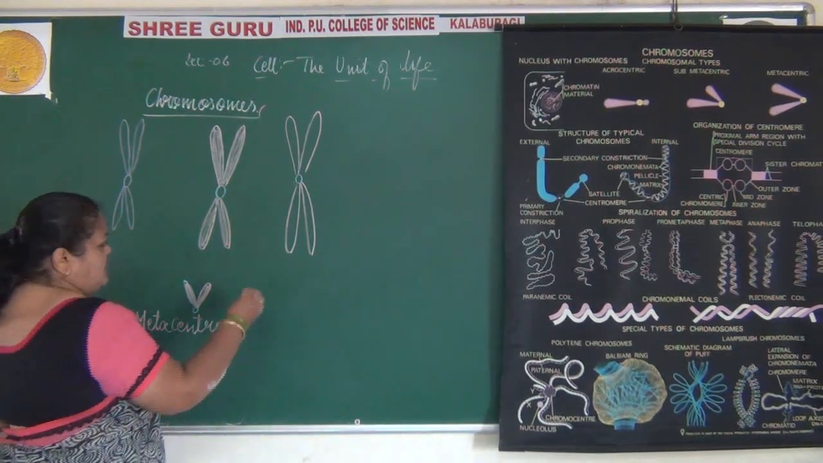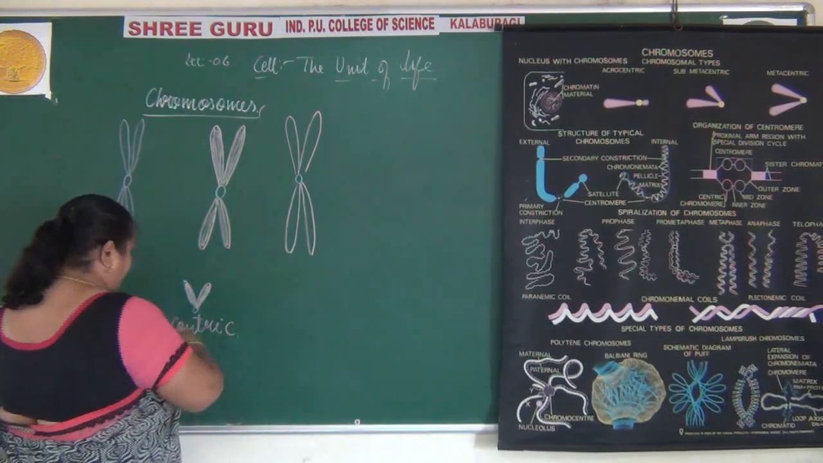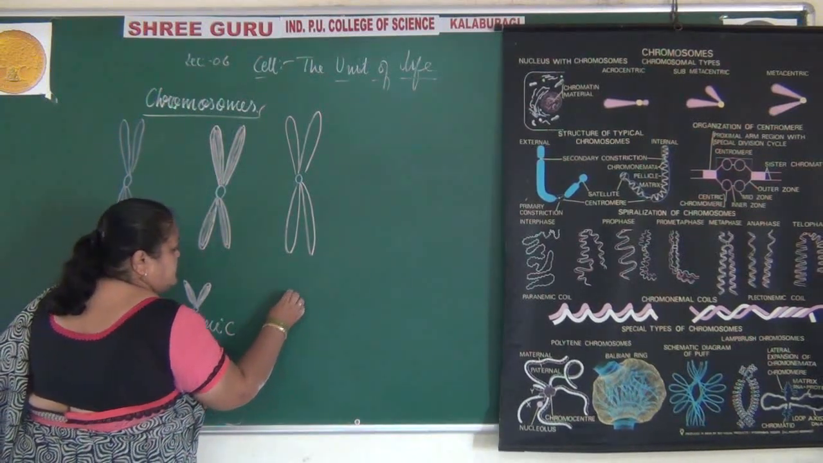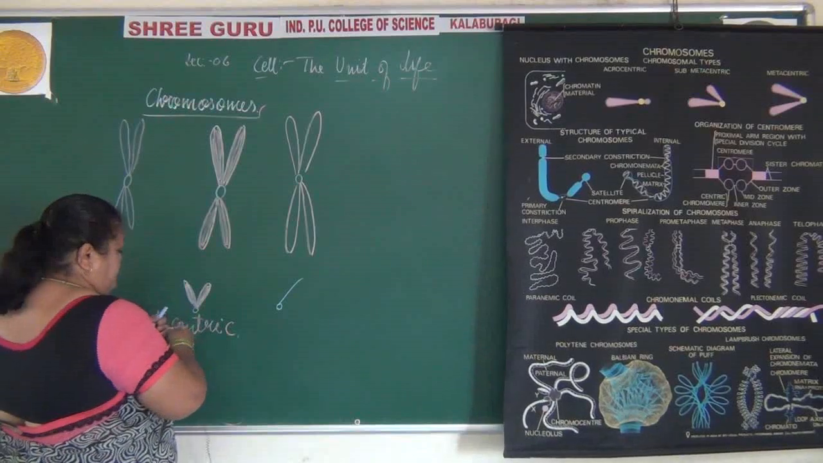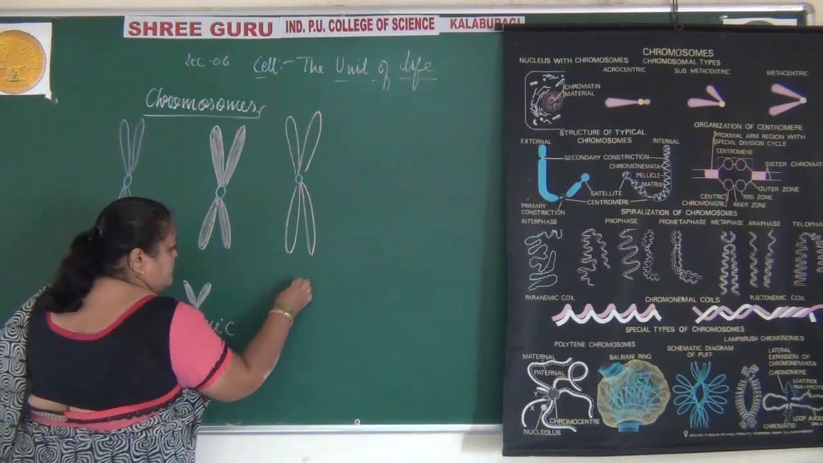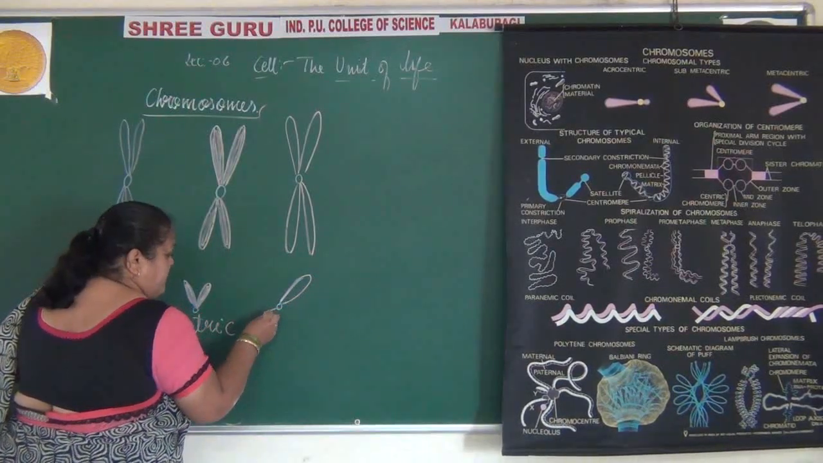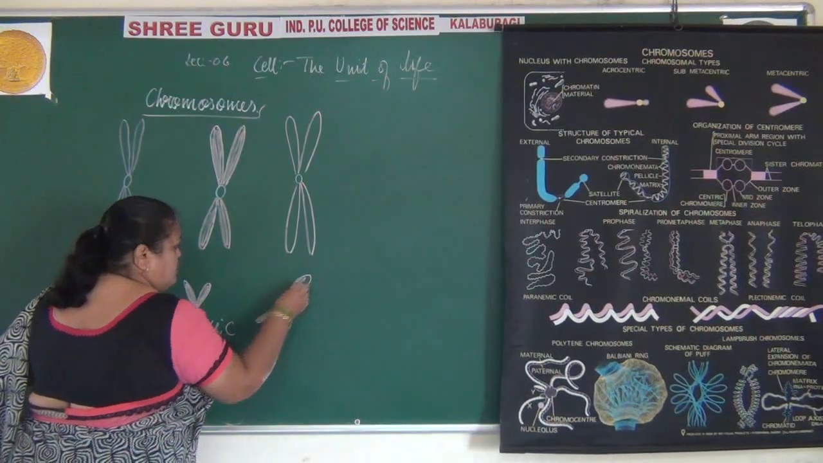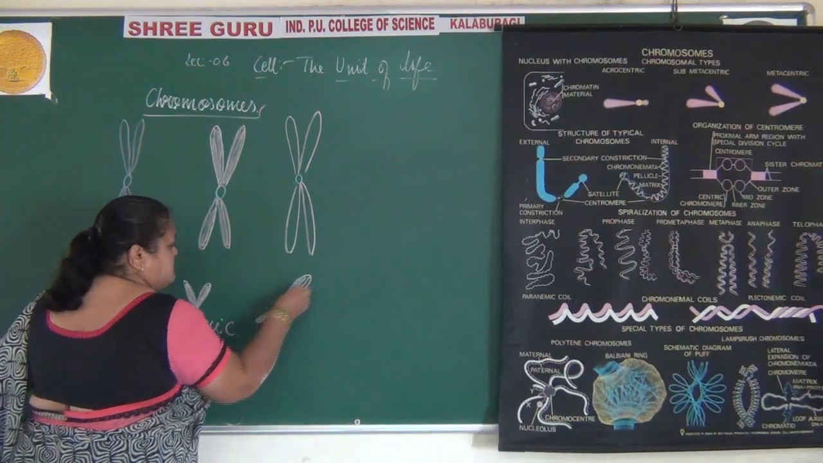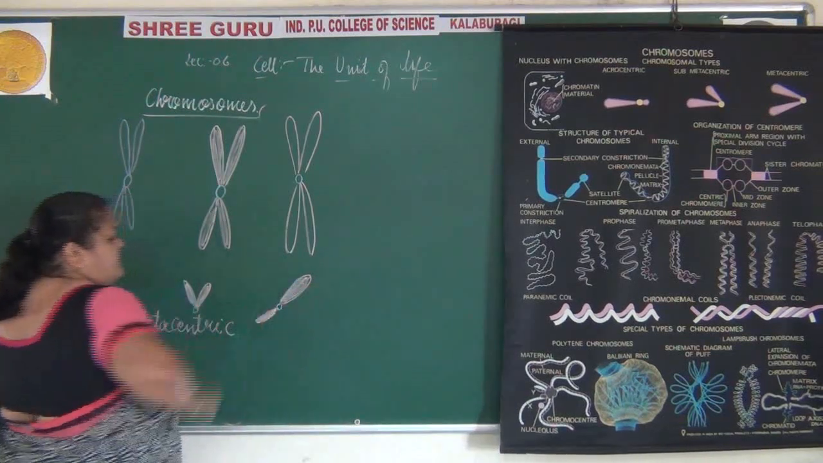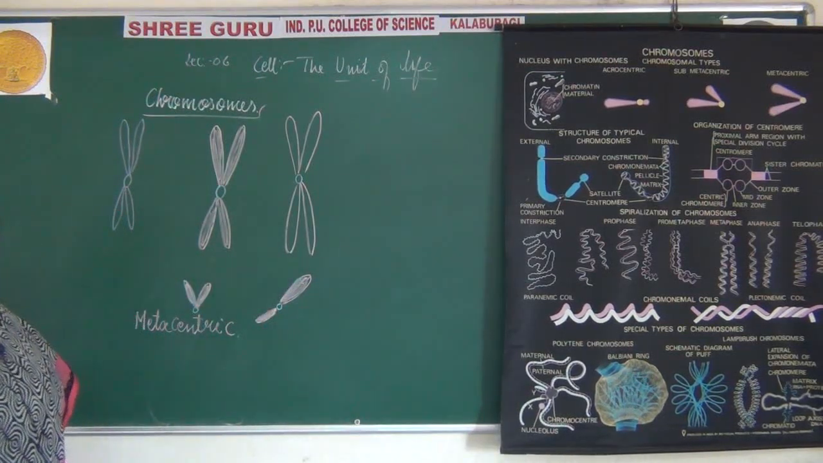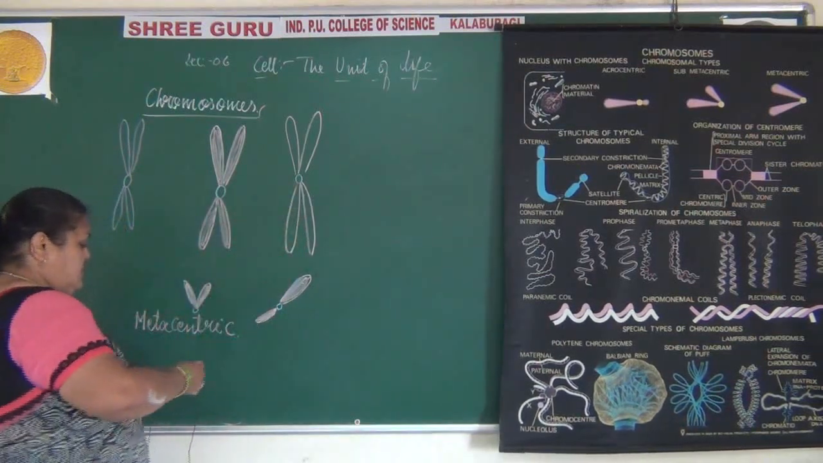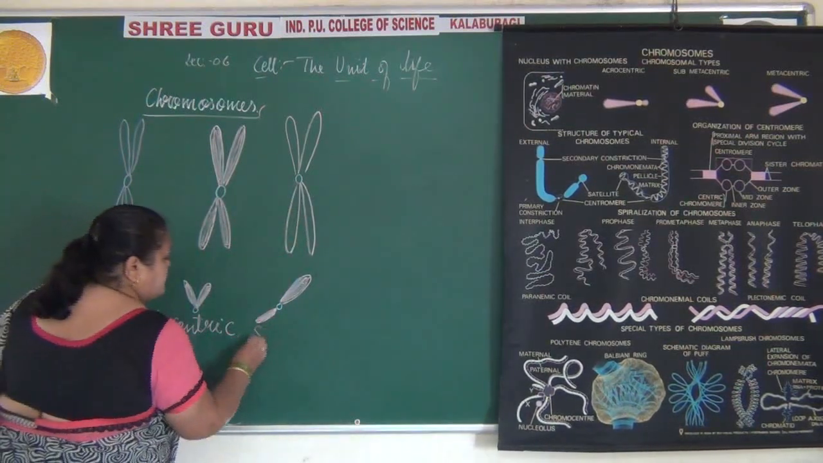Two unequal arms. It is not exactly at the center. The chromatid and the chromosome. In the chromosome, the chromatids, the arms are not equal with each other. They do not have equal arms. Such are called as